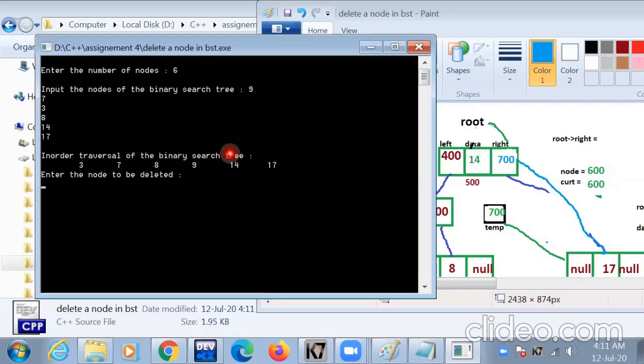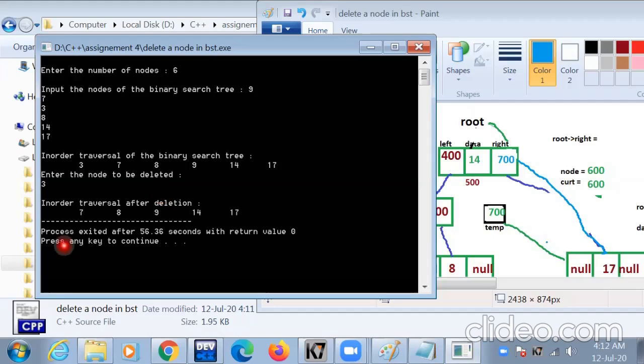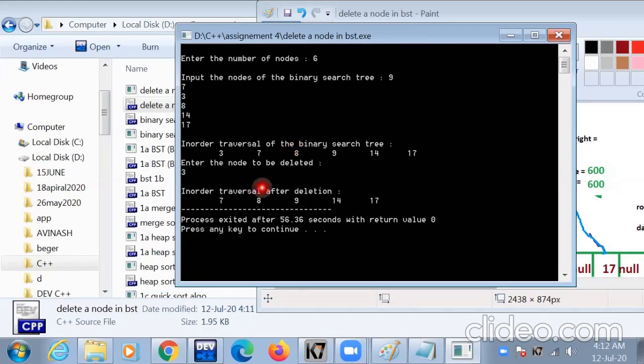Now this is a binary search tree. We enter the delete value, first node is 3. Now node 3 is deleted from this tree.